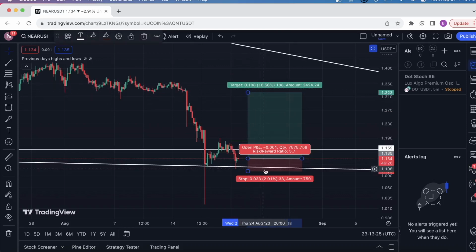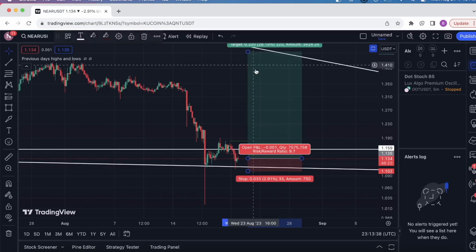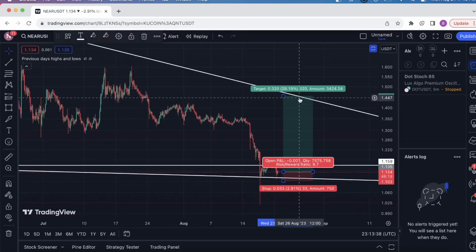16% to the upside. Again, I'm risking under 3%. And then if you followed it up all the way to the top of this range, that would be huge. That would be almost a 1 to 10 risk-reward ratio. Now, the way I would do this is, if, for example, I got in here and the price came up